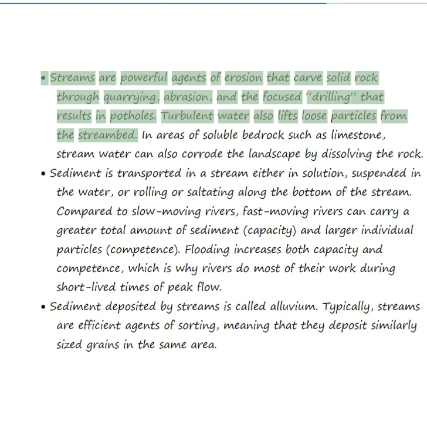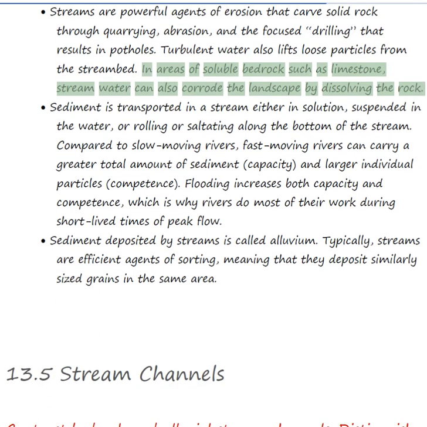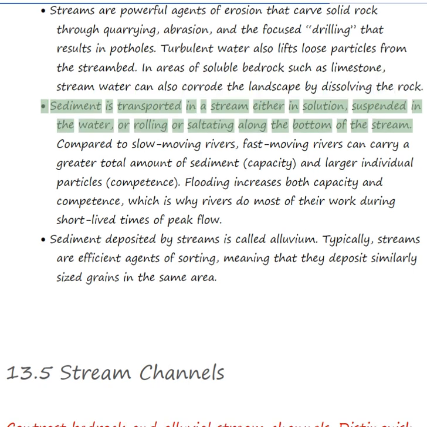Sorting, alluvium. Streams are powerful agents of erosion that carve solid rock through quarrying, abrasion, and the focused drilling that results in potholes. Turbulent water also lifts loose particles from the stream bed. In areas of soluble bedrock such as limestone, stream water can also corrode the landscape by dissolving the rock. Sediment is